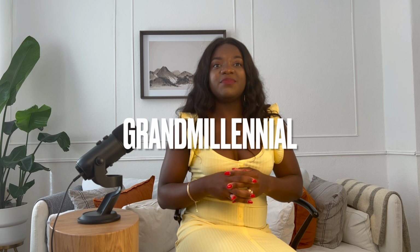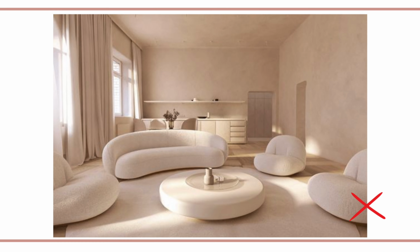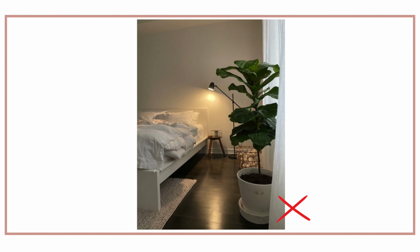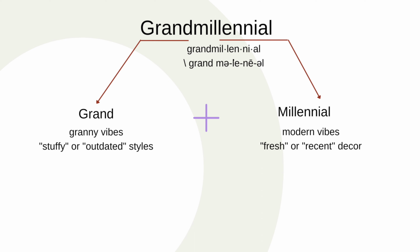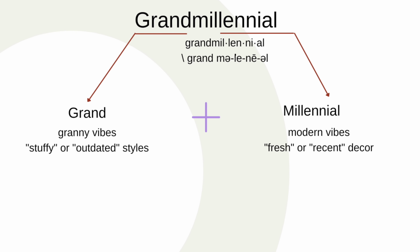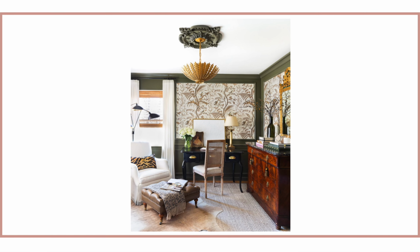Grandmillennial. Grandmillennial interior design is a refreshing departure from homogeneity. I mean, we are all tired of those white rooms with a bit of subtle pattern here and a monstera leaf there. The look takes the best parts of both old and new styles and brings them together. Think of the outdated, possibly frumpy pieces of the past, but then you are going to use this for the